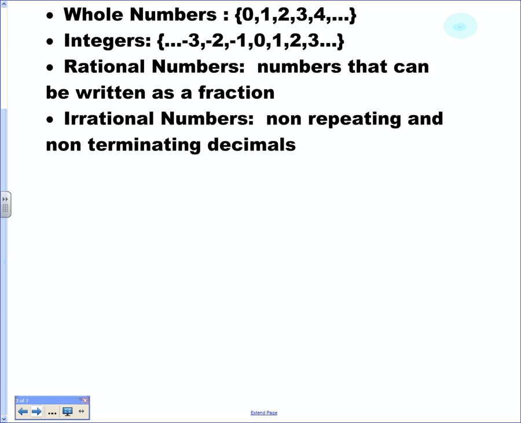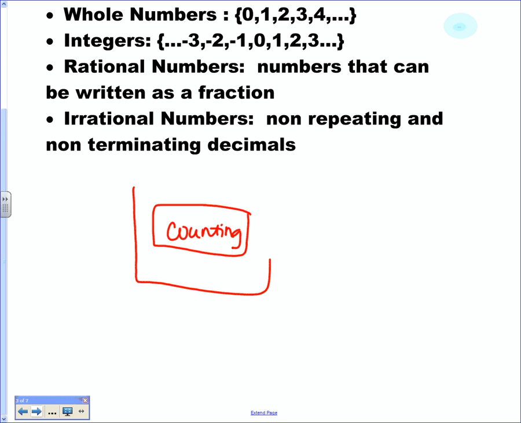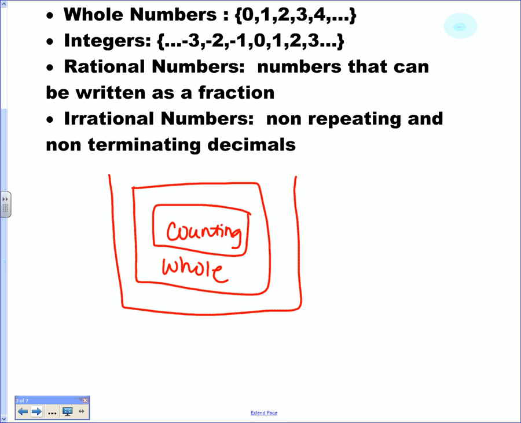Anything that can be written as a fraction, is that rational or irrational? Rational. So 22 over 7 is rational. I know it is close to pi, but it is actually rational. Okay, so you've got your counting numbers in a box, and then outside of that box are your whole numbers. Outside of that box are your integers,